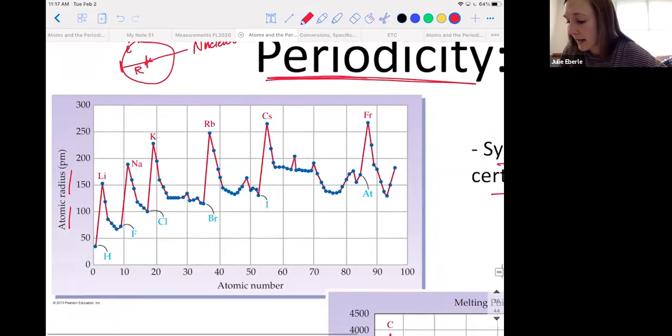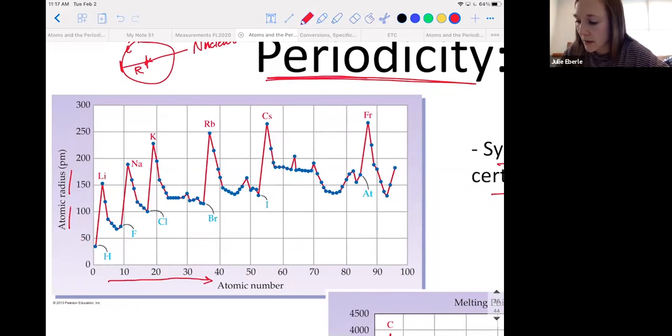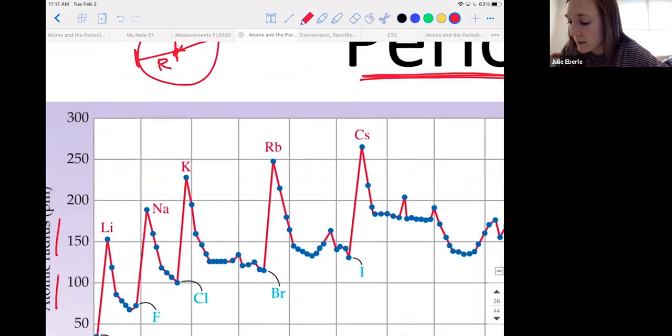And as we plot that out, so if you increase an atomic number, we got all the atoms here, or most of them. We don't go to 118, but it's close. As we go across atomic number, you can see the sizes are plotted out. And what do you notice? You notice these peaks or these spikes in the graph every so often. So let's look at this. What elements are at the top of each spike or peak?